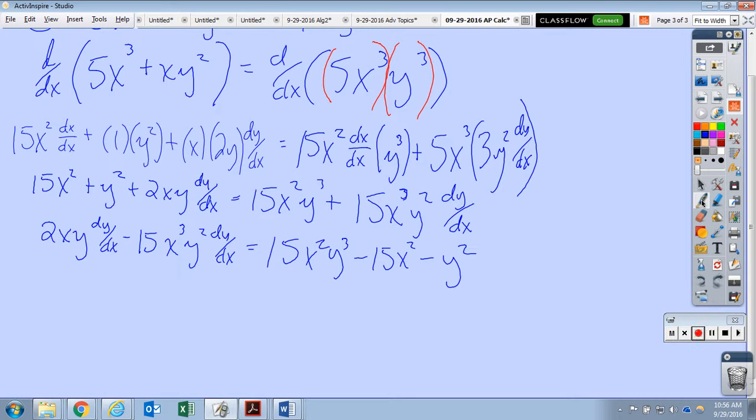All right, so now I'm here. So now in order to get dy dx by itself, I'm going to factor it out. So I'm going to have dy dx times 2xy minus 15x cubed y squared is equal to the right hand side. And then divide both sides by this. So dy dx